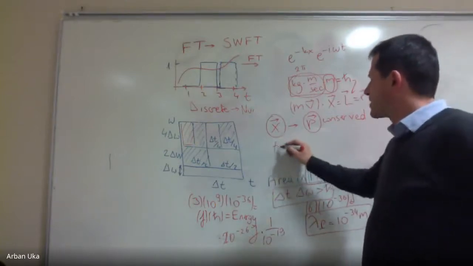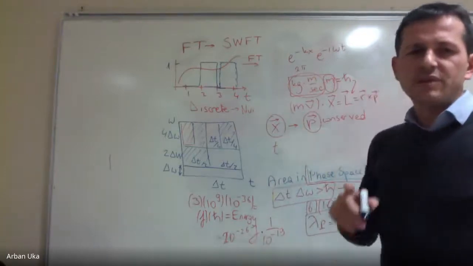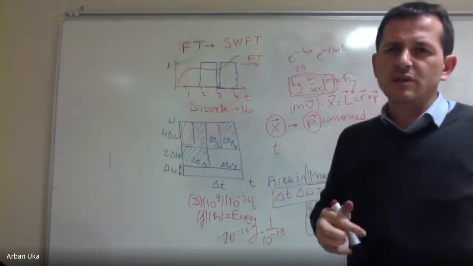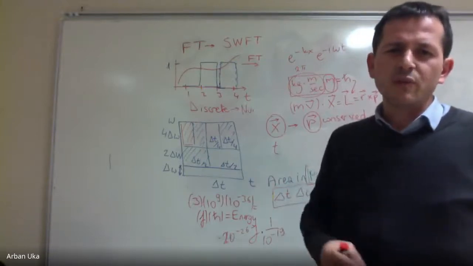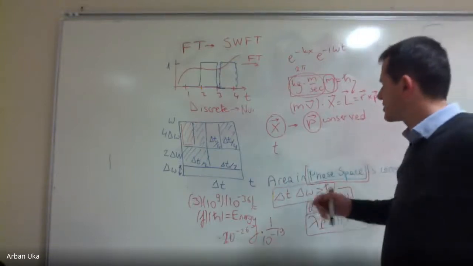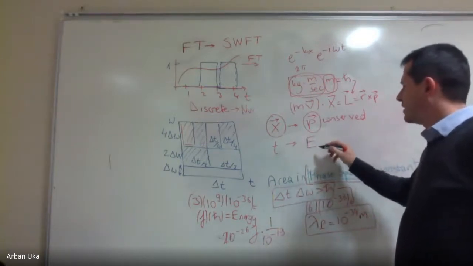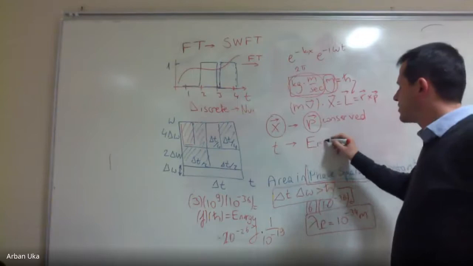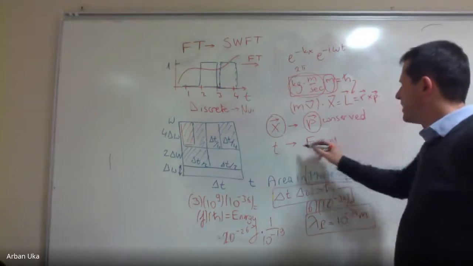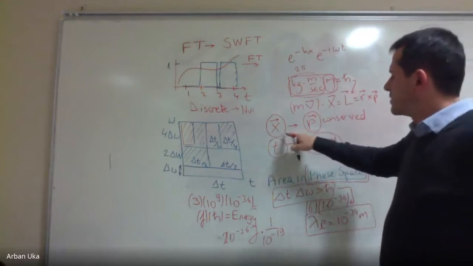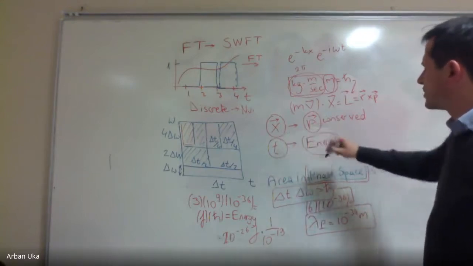Similarly, an experiment done at time 1 second is the same experiment as at time 2 seconds. So if you do the experiment after 1 hour, we are going to get the same expressions. And because of this, we have another conservation law in nature, which is the conservation of energy. Okay? And what is interesting is that if we have a symmetry here and a quantity is conserved, we always